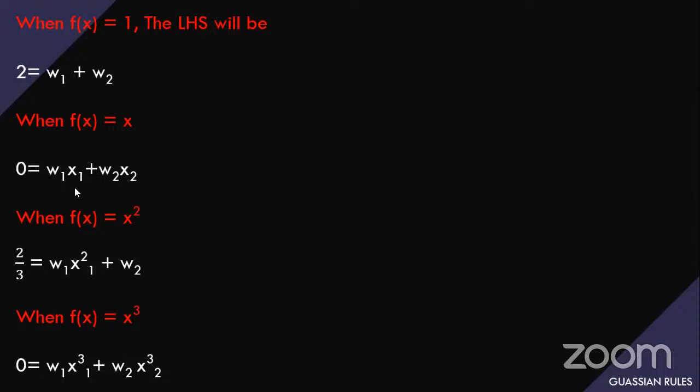Then when f(x) is x raised to the power 2, we'll do the same thing. We integrate and get x cubed over 3. Then when you input the values 1 and -1, we get 2 over 3. Then for x cubed, we'll do the same thing and get